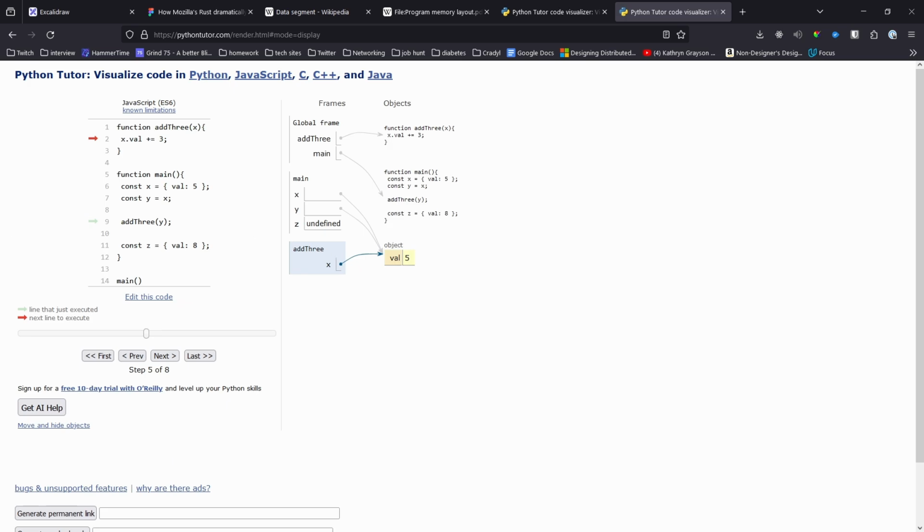Any questions about that while we're here? Okay, back to stack and heap. So yeah, we have 3 references to this one value, which is okay here. And then we're going to edit that one value. They're all pointers to an object that has a value of 8. And then